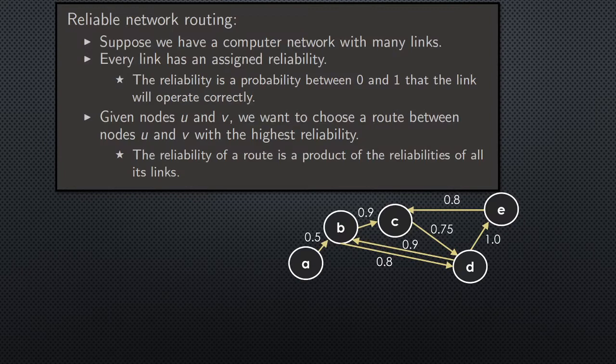So here's a problem called reliable network routing. Suppose we have a computer network with many links. The links are like Ethernet cables, and every link has a particular assigned reliability. Okay, so really they're not Ethernet cables, right? Like these are long hops, across cities or something like this. Each edge might represent a whole routing network with an estimate of the reliability. Okay, and the reliability is a probability between 0 and 1 that the link will operate correctly when we use it,